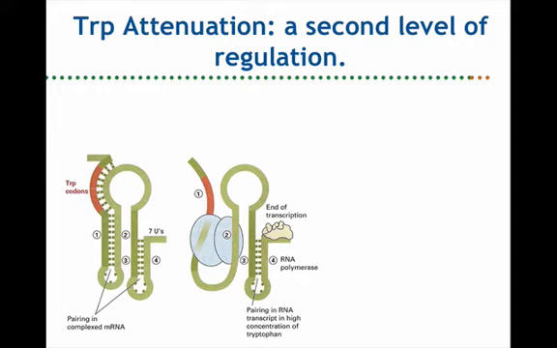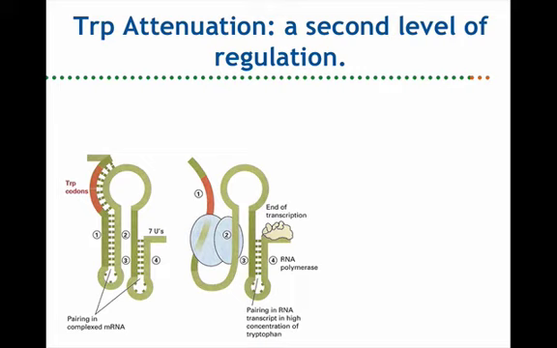If the ribosome gets TRP tRNA, that must mean the cell doesn't need to make TRP. If there's TRP-charged tRNA available, that means there's lots of tryptophan. The cell does not have to make TRP. And look, the ribosome proceeds beyond those TRP codons and blocks the formation of the 1,2 loop, that allows the 3,4 loop to form,